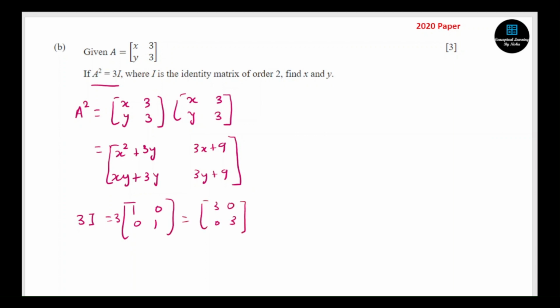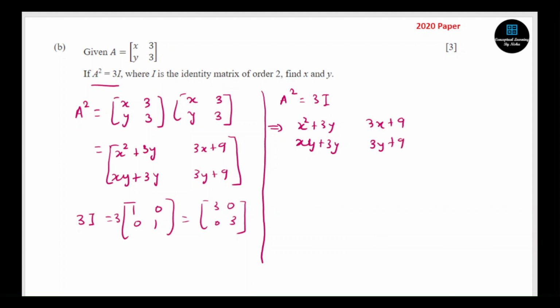Now if I equate this, A square equals 3I gives me x square plus 3y, xy plus 3y, 3x plus 9, 3y plus 9, which equals